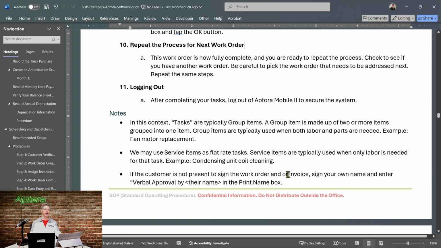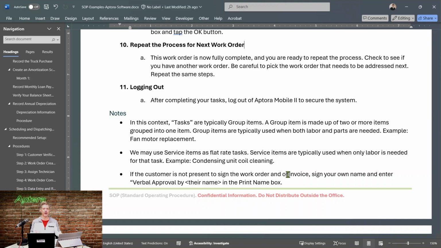So you're not there. Now, according to company policy, I need to get your approval. Let's pretend this is the policy. So I call you, I text you, whatever, I scream down the street, whatever it takes, but I get the approval from James Leichter. Now what do I do? He's not here to sign. I sign for him and print by entering the text, verbal approval, email approval, phone approval, whatever it was, by James Leichter in the print